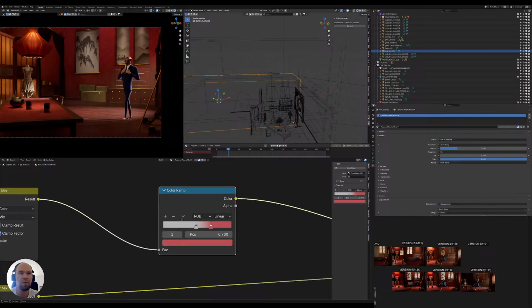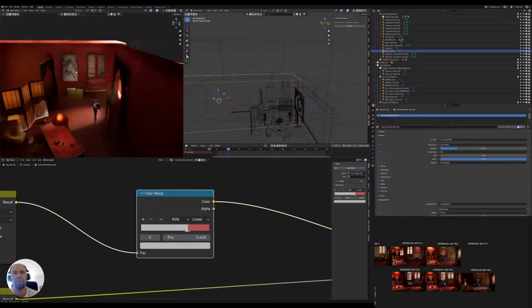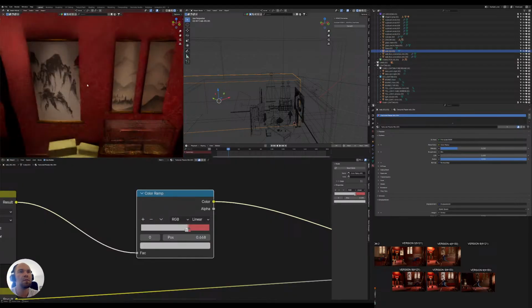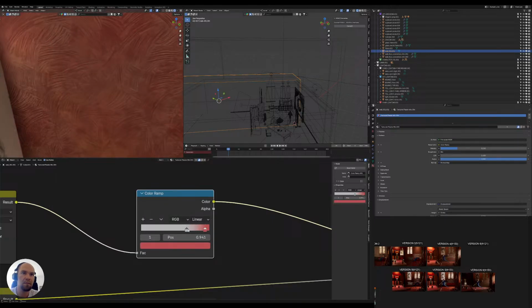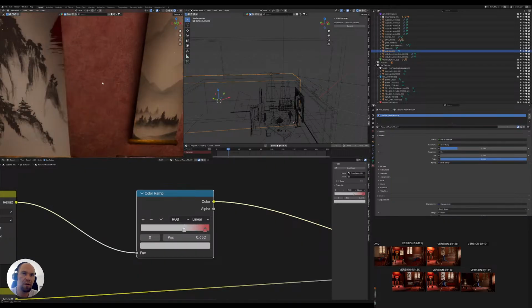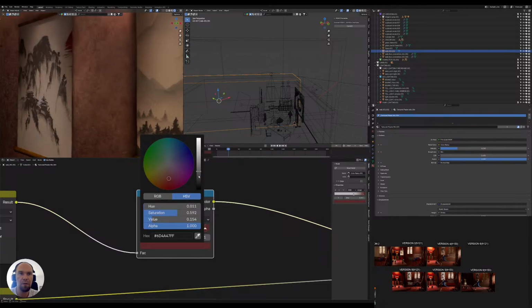This mix is quite strong. So this one is affecting these lines. We could have something like this. Then maybe